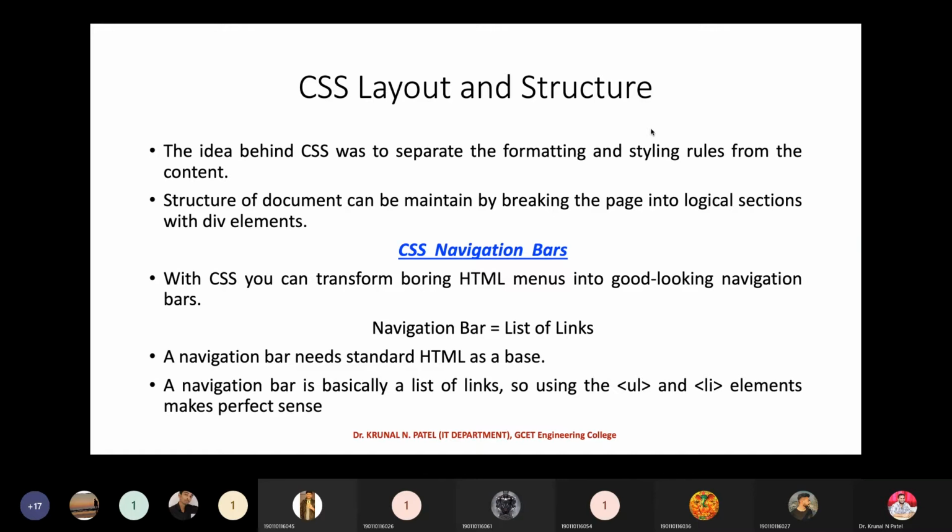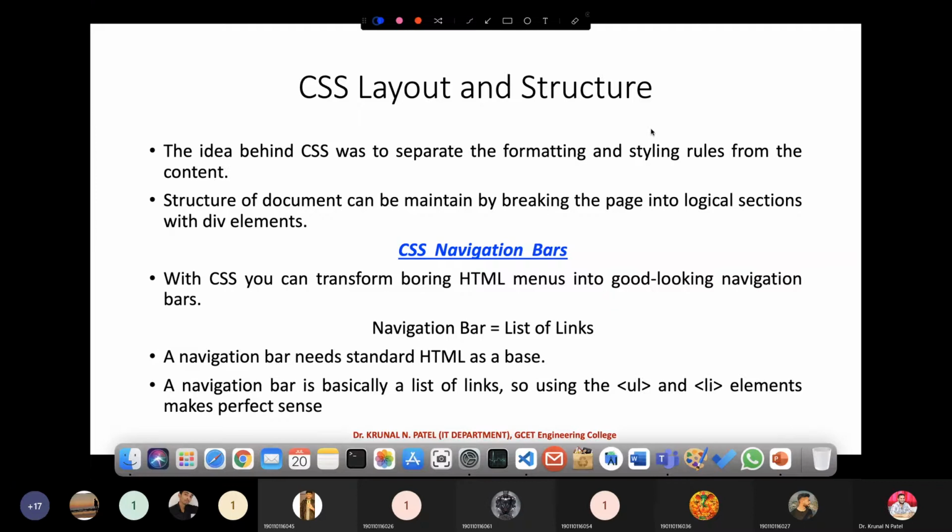So the structure of a document can be maintained by breaking the page into logical sections with division elements. Here you can see that in our examples also, we are using division and span tags to divide our page into logical sections.